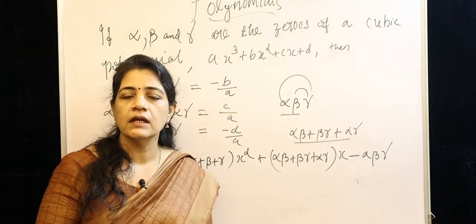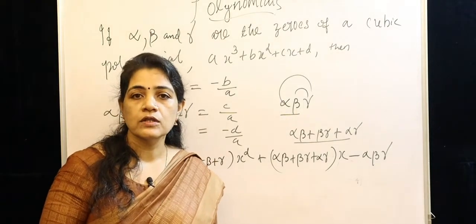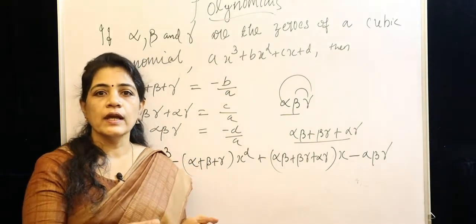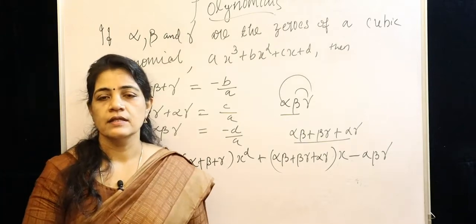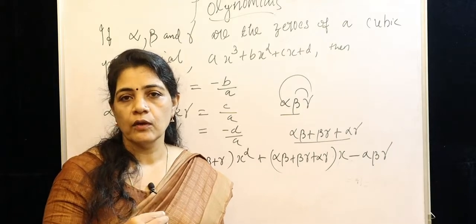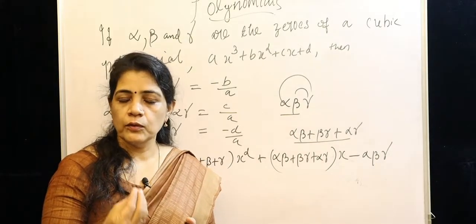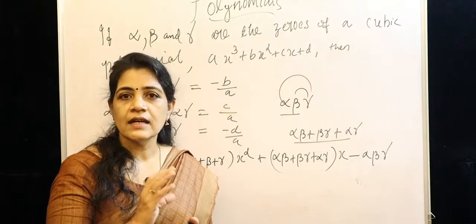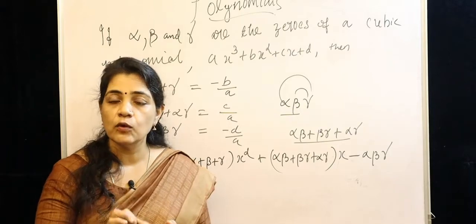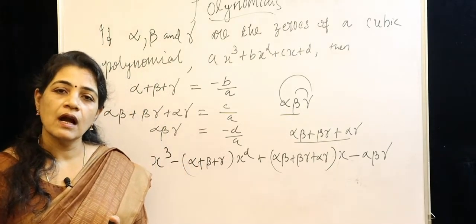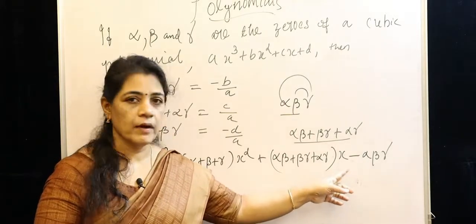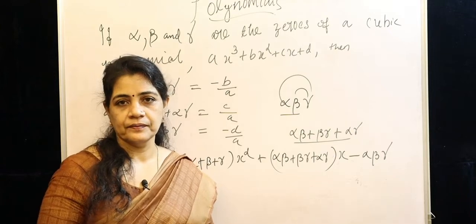By the factorization method, you can easily find the roots of the cubic polynomial, and after that you can form a cubic polynomial. This is the formula. But in the textbook exercise, problems on forming a cubic polynomial are not there. So you just understand how to form a cubic polynomial. This is the formula, that is x cube minus alpha plus beta plus gamma into x square plus alpha beta